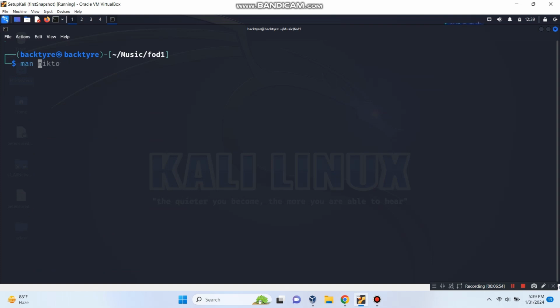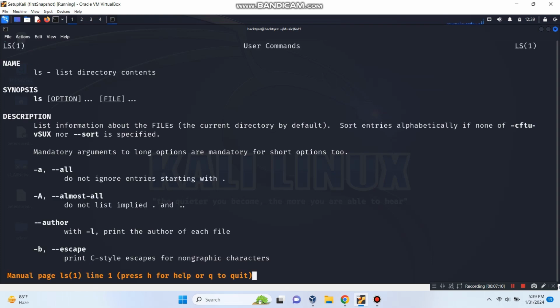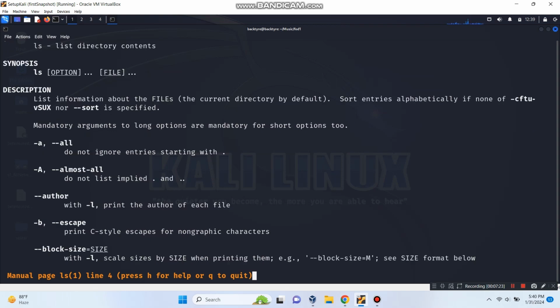Okay, now we will use keywords like man and help. So how are we going to use that one, and what is the purpose of man? Man is a manual, commands or helps that display the use of the tools. So when we type man ls, it tells you the functions of the ls and how it is used. So you see ls is a list directory contents. It will also show you some of the options that you can add to it. Remember, we have the a, which